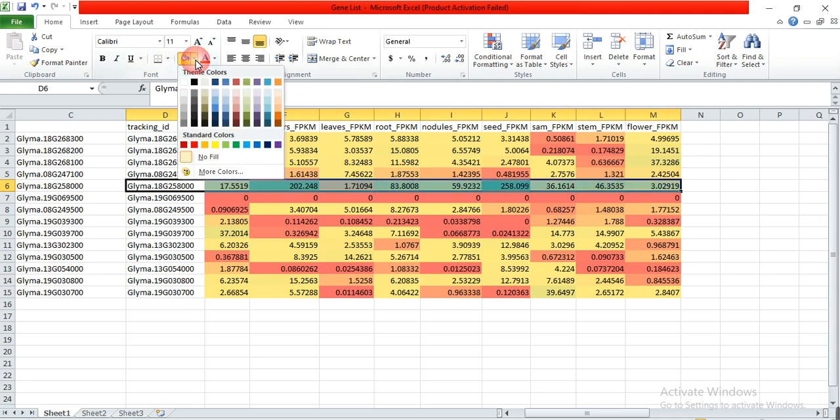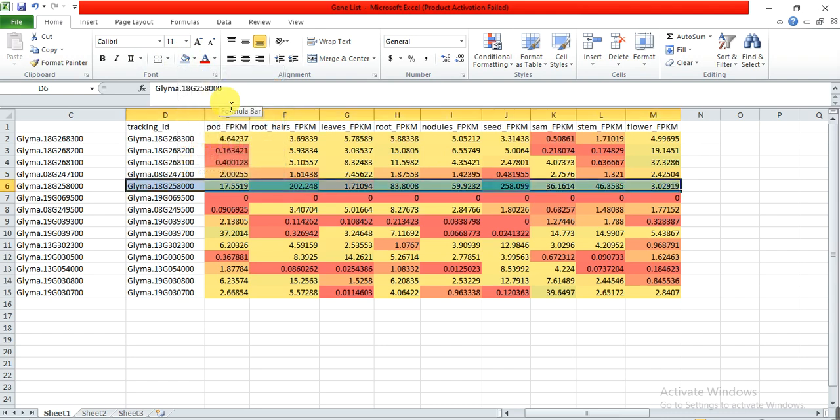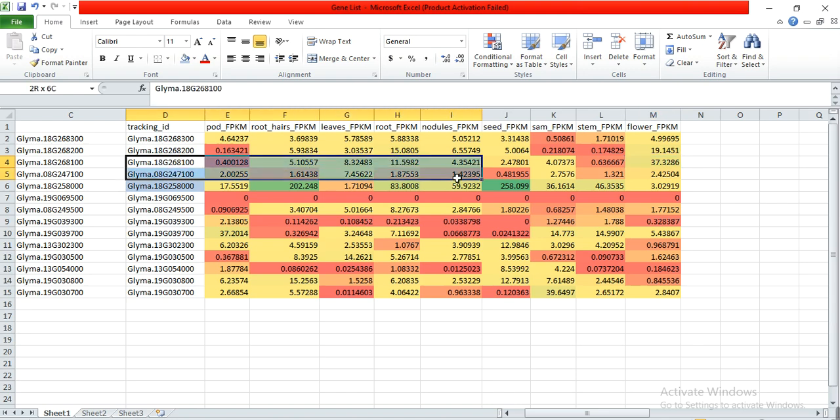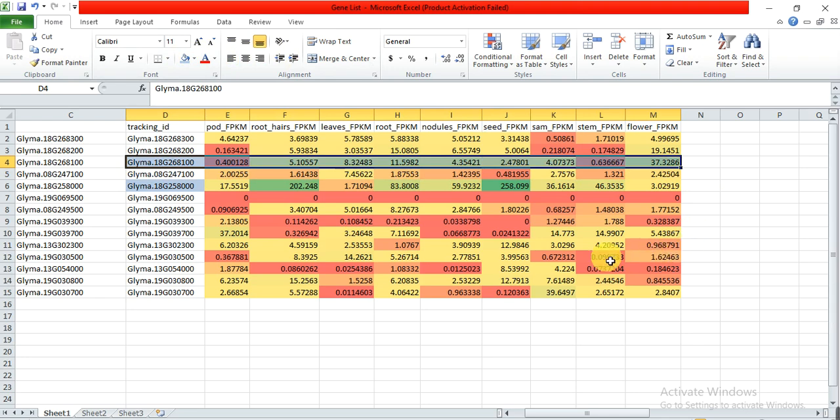For functional characterization, you must select at least three genes, 3 to 4 genes for the characterization, so that of those 3 to 4 genes, one or two will work, and it won't waste your time. Another one I must select: you can see in flower, this gene is flower specific, right? It has a high expression in flower, and if any